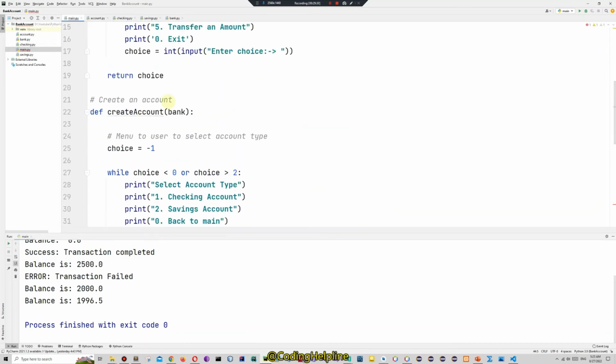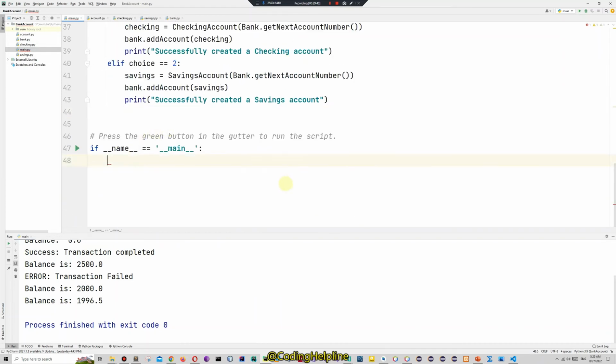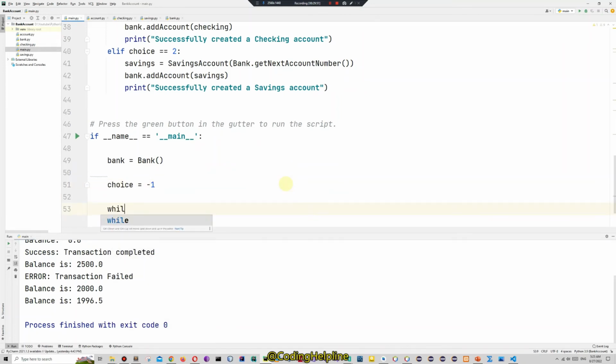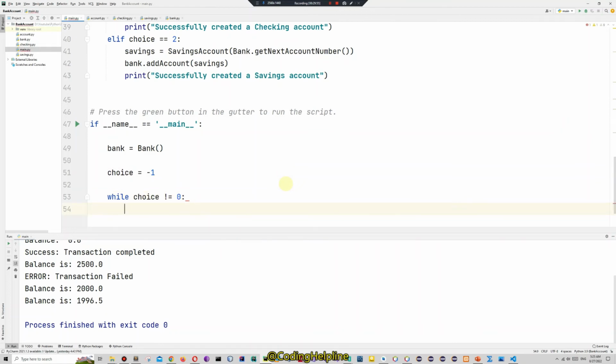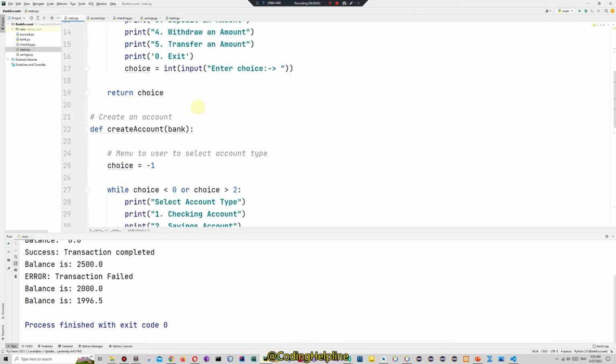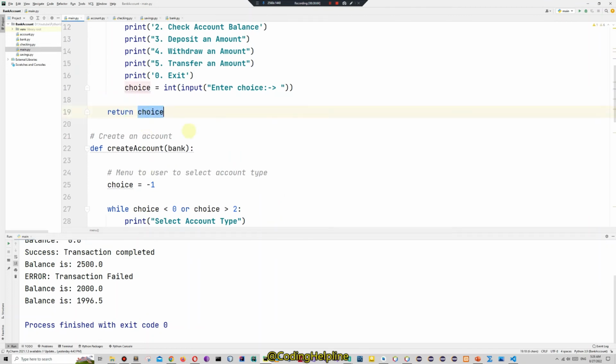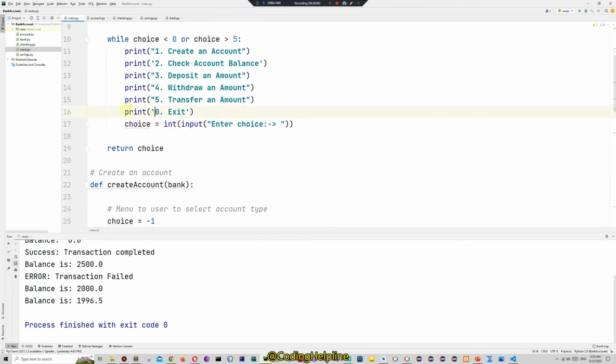Let's loop here, create a bank object, bank, and we will write a choice -1 while choice is not equal to 0, run the loop, read the menu is returning the choice. Okay, 0 we will exit, and otherwise we will run these,